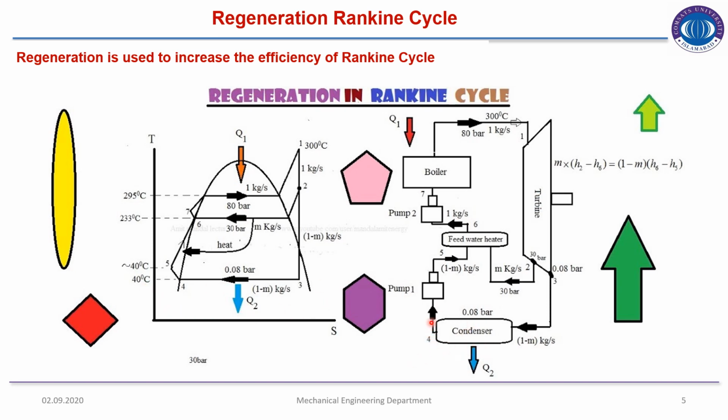So after the condenser, the temperature of the working fluid is 40 degrees centigrade. So that 40 degree centigrade water is entering into the feed water heater, where